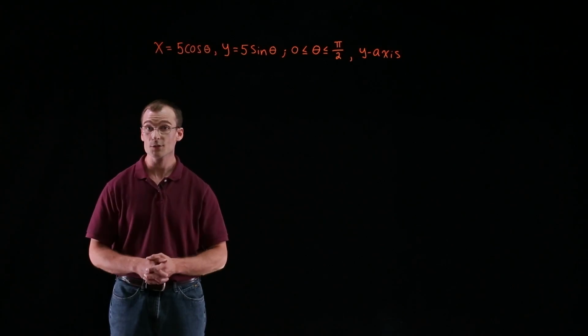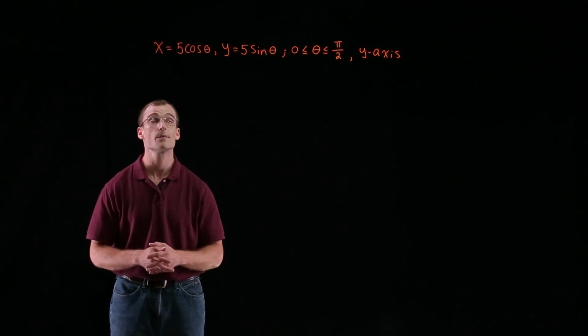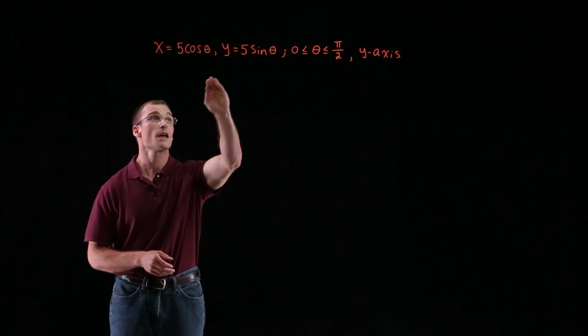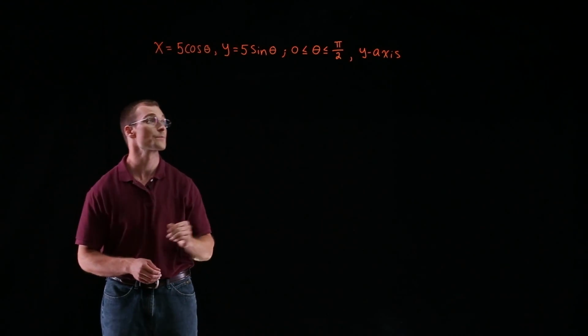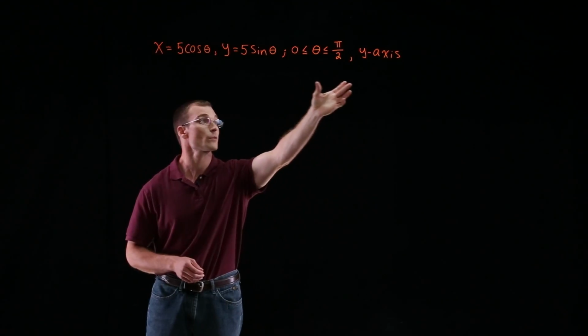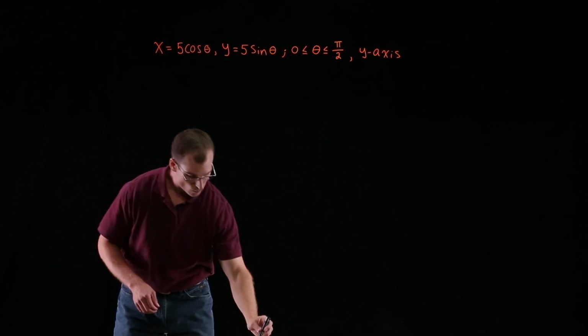Hello everyone, I'm Adam. In this problem, we're going to be finding the area of the surface generated by the curve made by our two parametric equations, x equals 5 cosine theta and y equals 5 sine theta, where our parameter theta is ranging from 0 to pi over 2 and the curve is being revolved around the y-axis. So to get started, we have a formula,